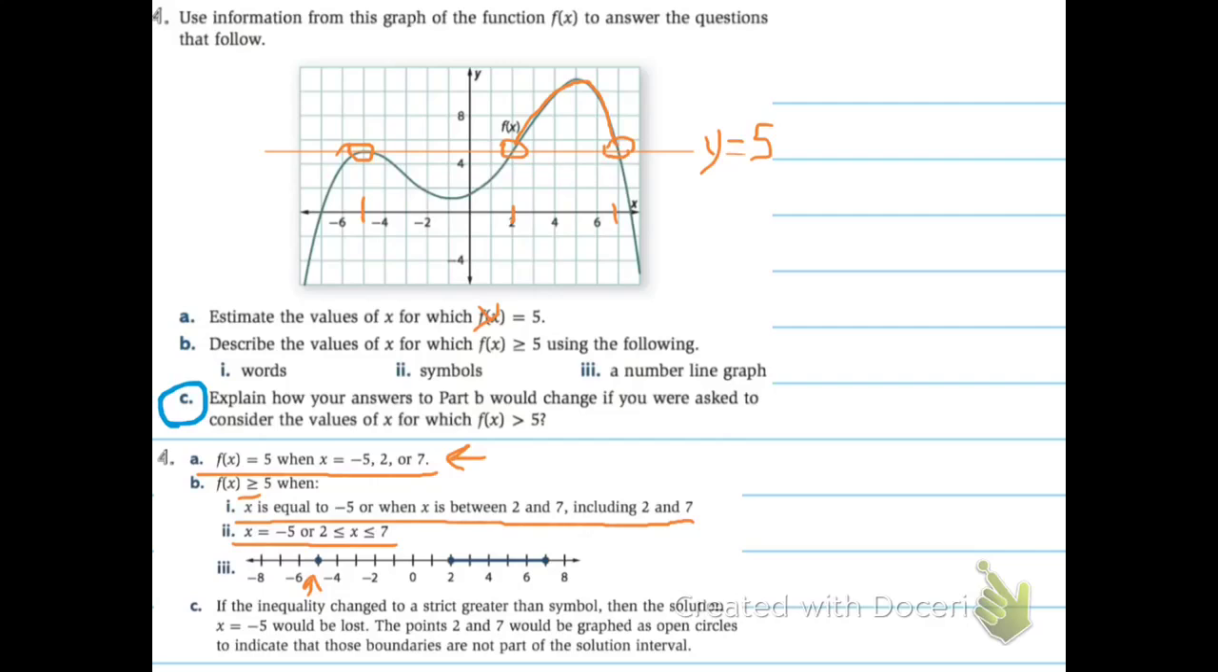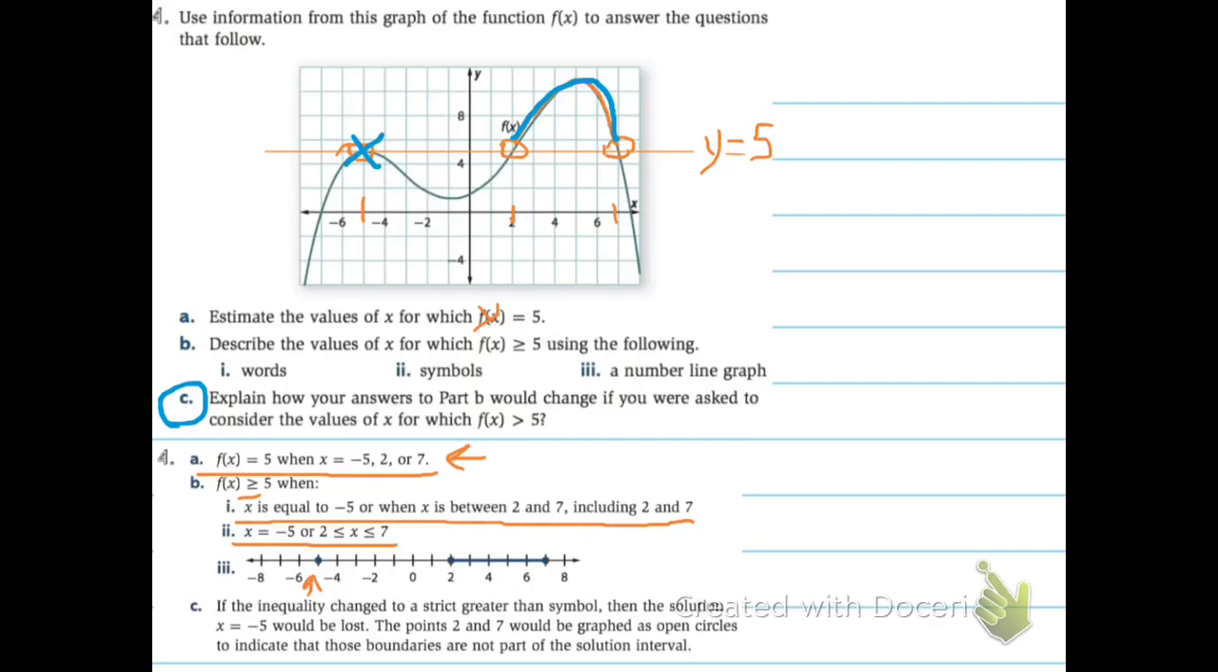So instead of greater than or equal to, it's just greater than. So I would assume we can estimate that this point right here at -2 is not greater than 5, but it just went up and touched it without crossing that line. So that would no longer be included in our set of solutions for this one. But all these values in between 2 and 7 would be, but we would no longer include 2 and 7,